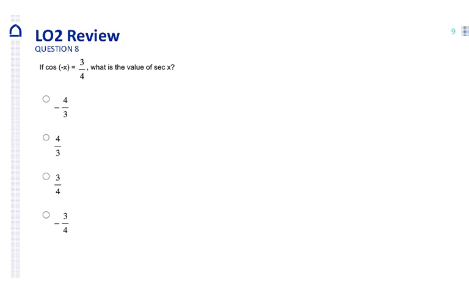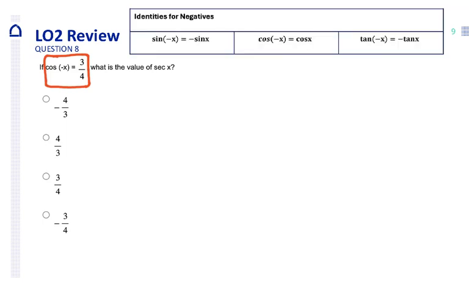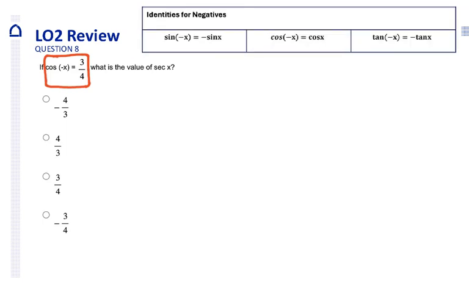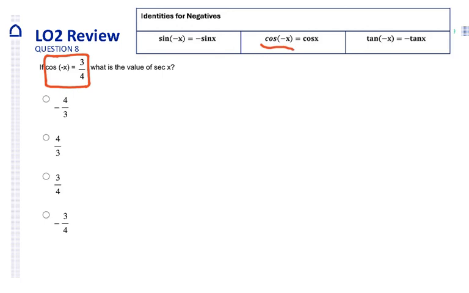Okay, here is a question about trig functions of negative angles, and we actually have on the formula sheet a set of identities to do with negative angles. So let me pull that up. So I look at the identity for cosine, and it turns out that cosine is an even function, which means if you look at cosine on the left of the origin, the negative values for the inputs, it's going to be exactly the